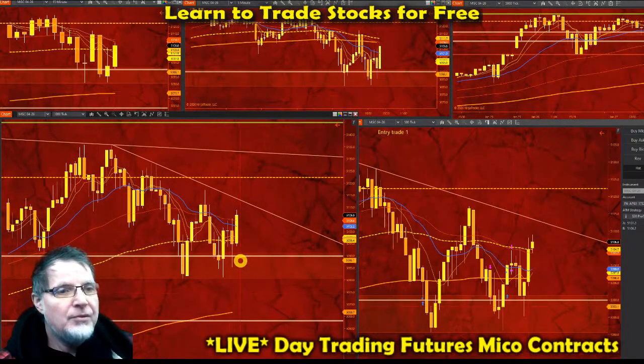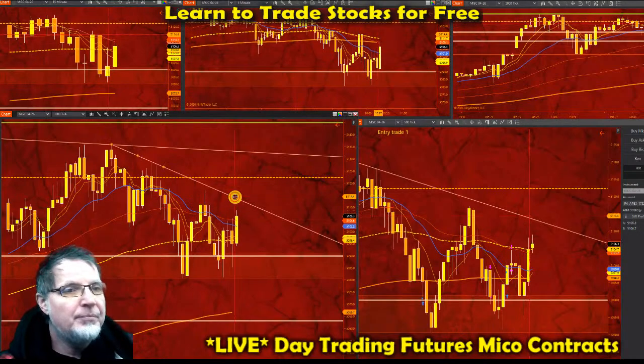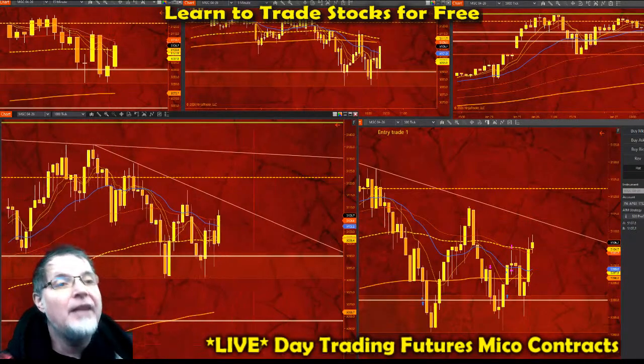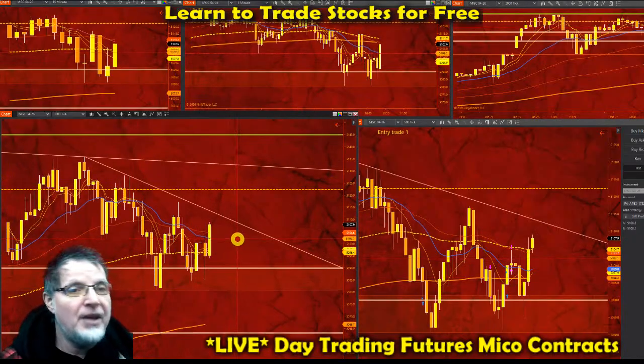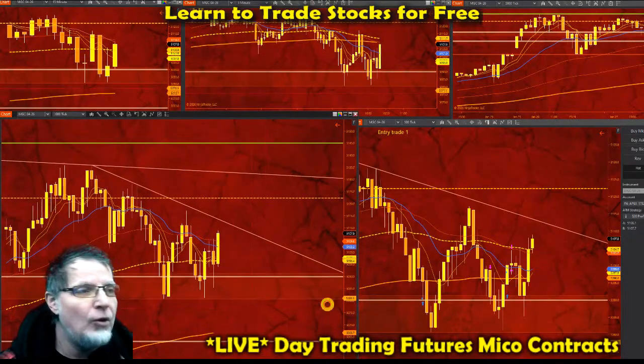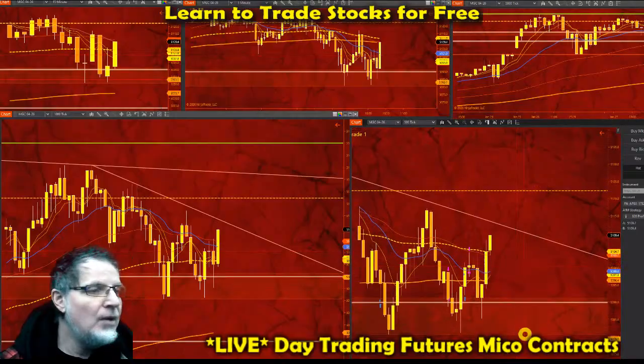Yeah, I would want it to break above the trend line and then retest it with Fibonacci 50% pullback, and then I will take the trade. That's the only way I can go long on this. Otherwise, it's too early.